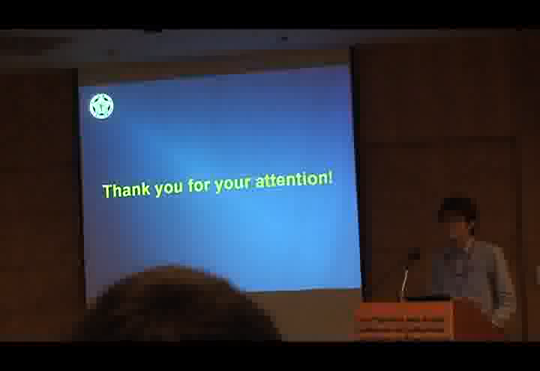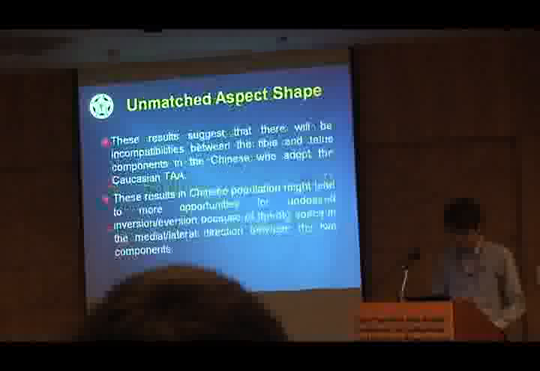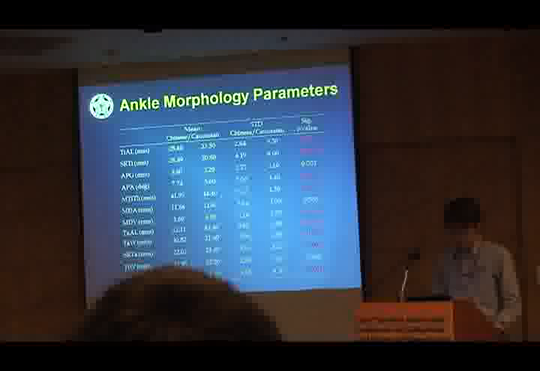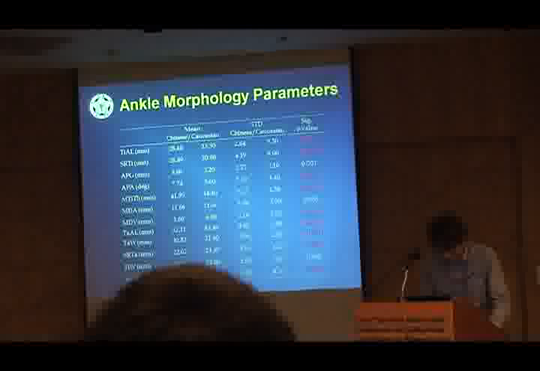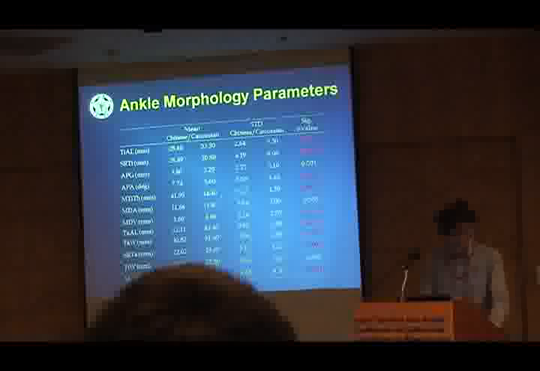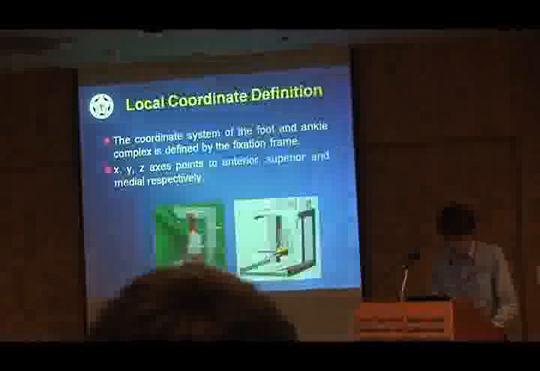I think this study is focused on the ankle morphology differences between the Chinese population and the Caucasian population, right? Yeah. And in your table 1, you think a lot of the points are different, but the APG, MDA, and TIW are the same, right? Would you please point out in your model where APG is, where MDA is, and where TIW is?